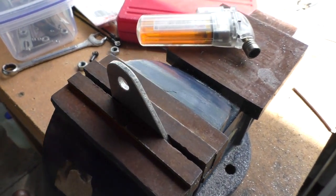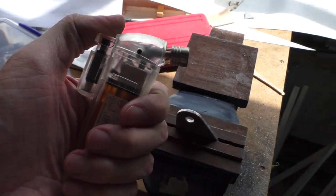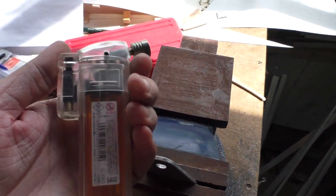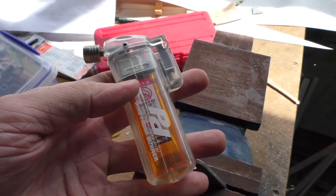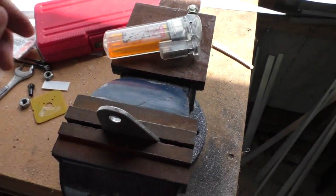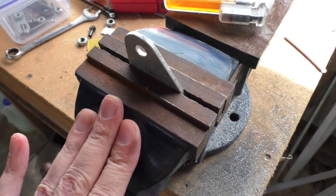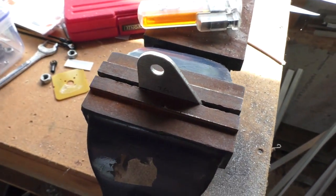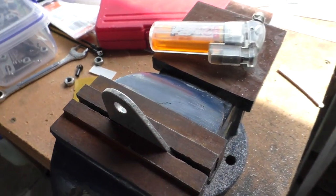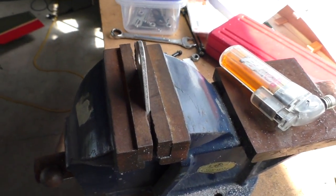But anyway, I'm going to try heating it a little bit. I think this is probably going to help. I got this little lighter burner thing. Unfortunately, I got this in Japan, and the shape of the lighter that fits in it, I don't think we can get these in New Zealand, so I'm just going to have to make do with that little bit of fuel there. And I'm just going to heat it up there, and unfortunately this is a massive heat sink here, but can't be helped. And then I'm just going to put a bit of wood against it and hit it with a hammer. So a lot of not ideal things going on here, but it doesn't matter too much if